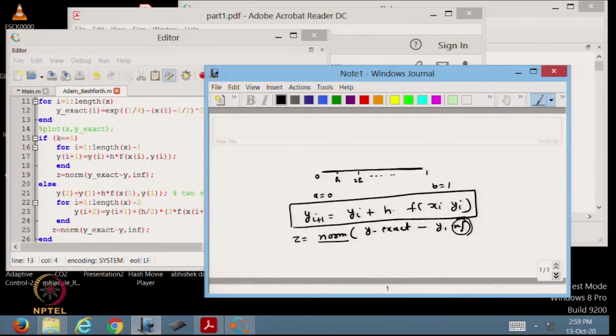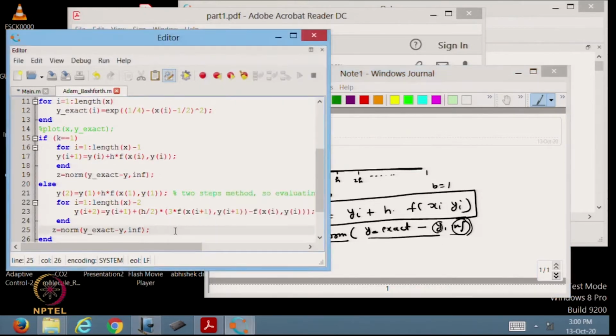Of course, default is the 2 norm, but here after the comma I am explicitly mentioning inf, so this will be the infinity norm. y exact is the exact solution and y is the numerical solution. So, we are basically computing the infinity norm of the error, or you can say the maximum norm of the error.